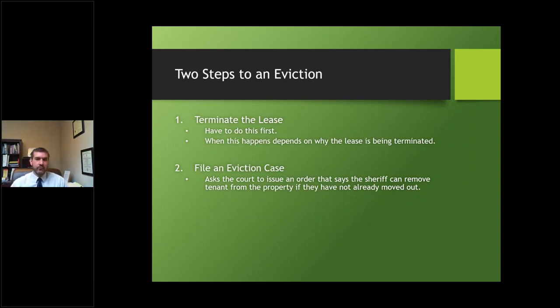And what you have to do to terminate the lease depends on why the lease is being terminated. If you're on a month-to-month rental situation, you have to give a 30-day written notice that the lease is not going to be renewed for the next 30-day rental term. If the lease is being terminated for non-payment of rent, you have to give that 5-day notice, either in the lease or as a separate notice if it's not written into the lease, that we talked about earlier. So you have to give some sort of notice, and it depends on why the lease is being terminated. Then if the tenant does not vacate the property, you would file an eviction action in the magistrate court,